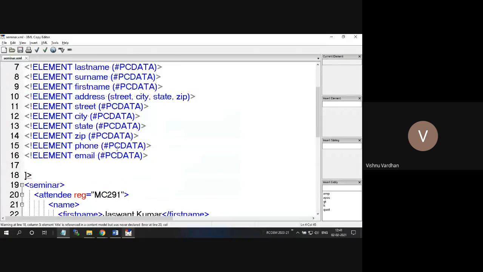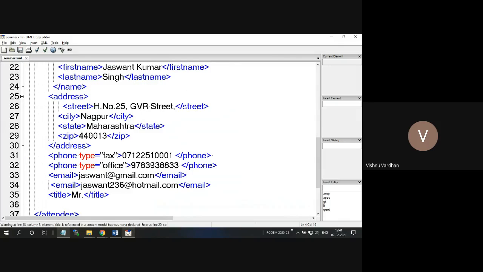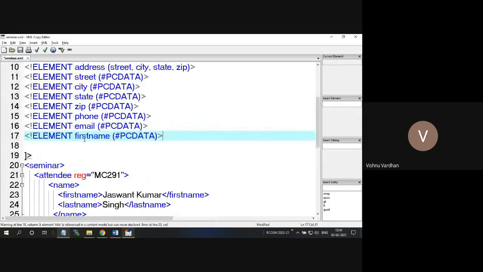So you need not explain every time it's PCDATA. Okay, so only one time you are going to explain it's PCDATA, but how many times it can occur in your element declaration, that you can define with the proper symbols whenever we are going to have the parent element declaration. Okay, so then after the email we have one more last element, that is title. It's again a